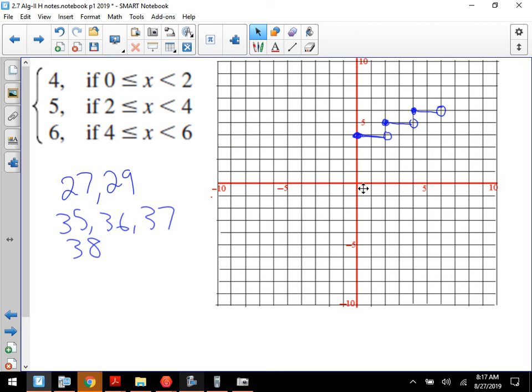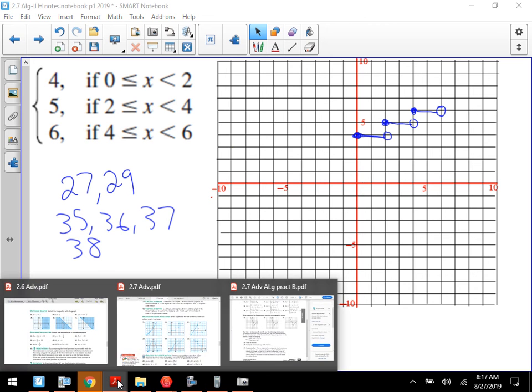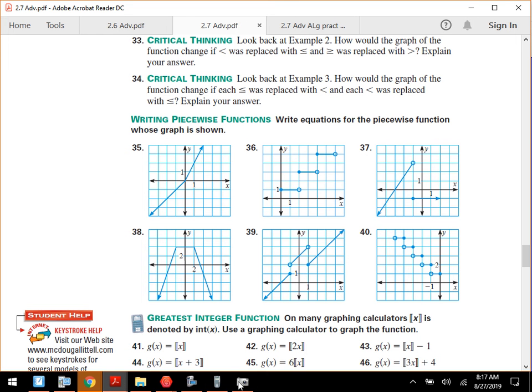Now, real fast, I want to show you number 35 and number 38. I'll pull this up here on the board so I can show you guys what I'm talking about in terms of the graph. They don't do a very good job of how they do solid. They're changing direction at one point, so they don't normally, you know how I've been overdrawing the circle over the second graph. What I want you guys to do for stuff like that, whenever you see a graph that looks like this,